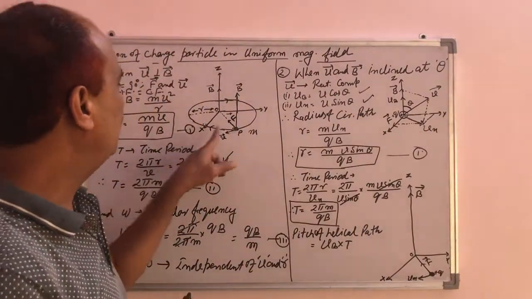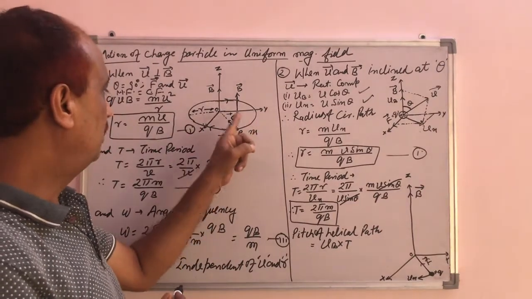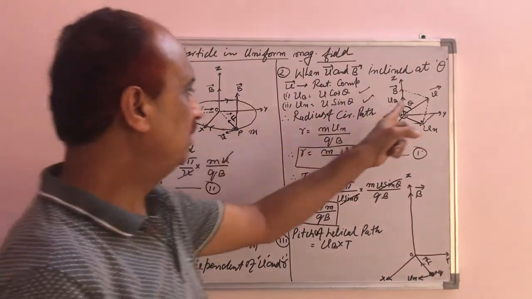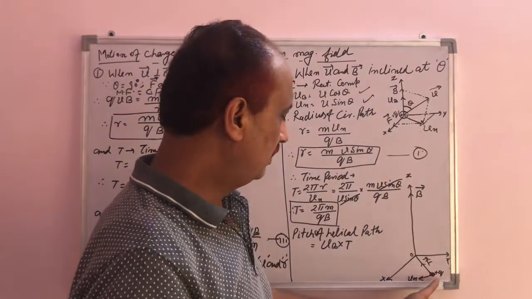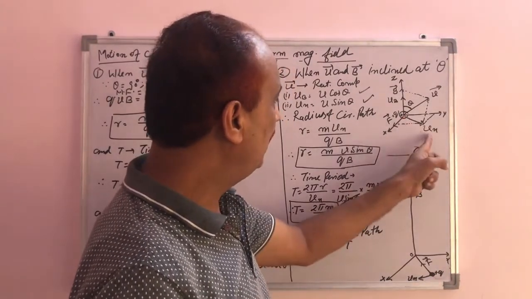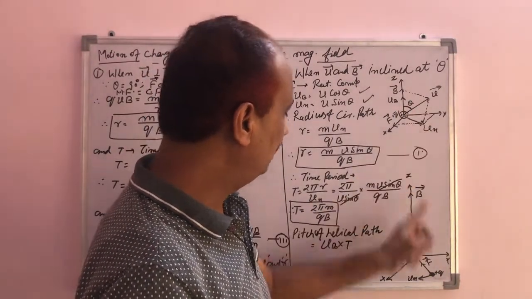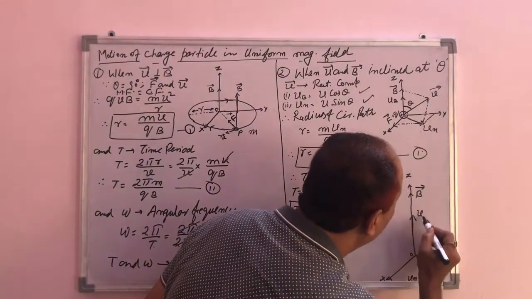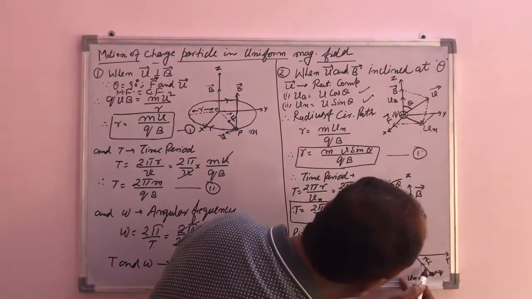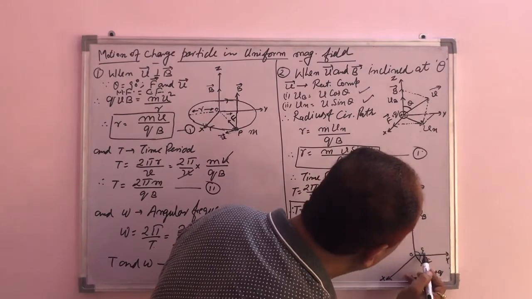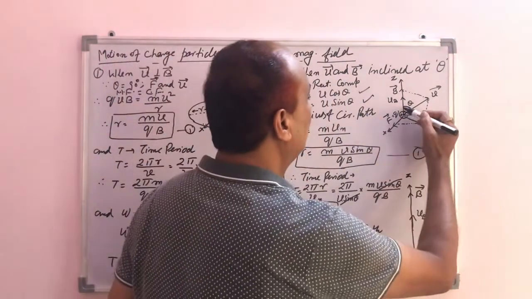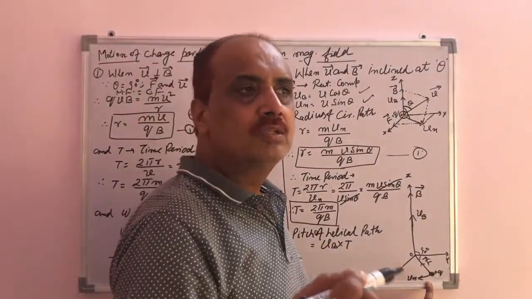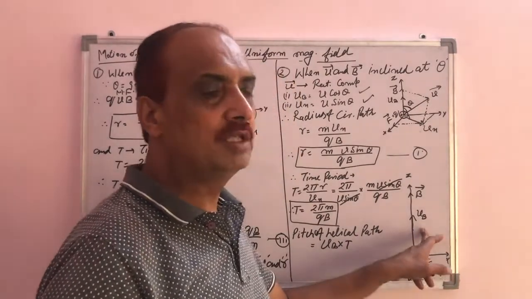So in that condition the particle is moving along a circular path only, but because here Vb and Vn, Vb is not acting, because theta is equal to 90 degree, but when some angle is there, that component Vn, because it is inclined here, that is Vb and Vn make an angle theta, so I have to draw here, that is Vn component, and another one, this is the component Vb. So the angle in between them is equal to 90 degree. So this Vn component gives the circular motion, and Vb velocity component gives the vertical motion